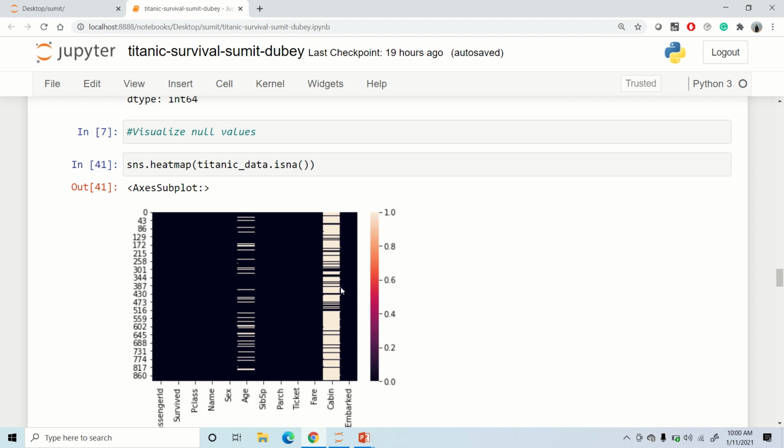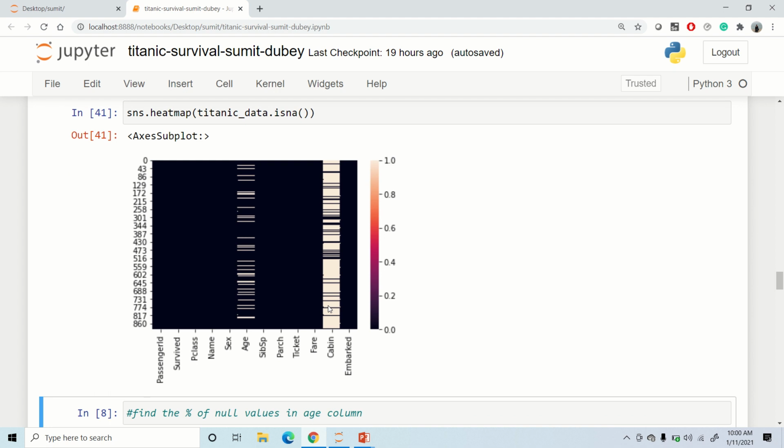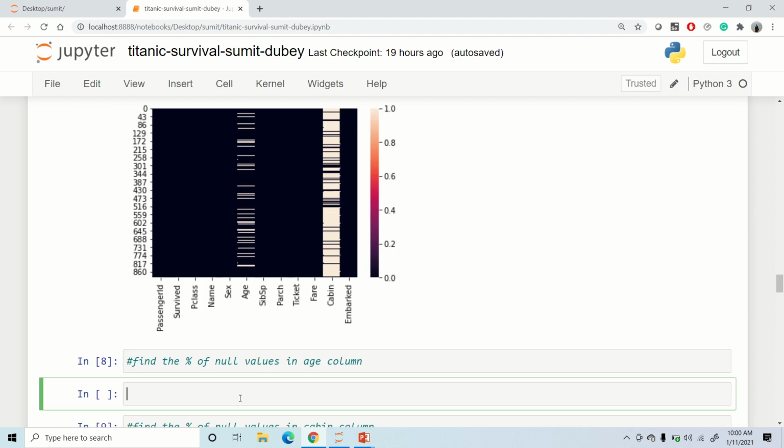So first of all, let's go ahead and see what percentage of null values there is. In order to find the percentage of null values in a particular column, I'll first have to check how many null values there are. So I can say Titanic data, and then the particular column in which I want to find the null values, that is my age column.